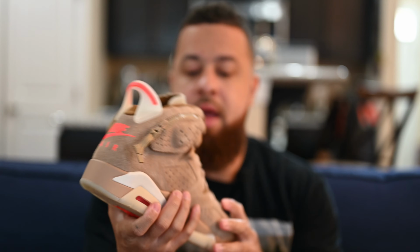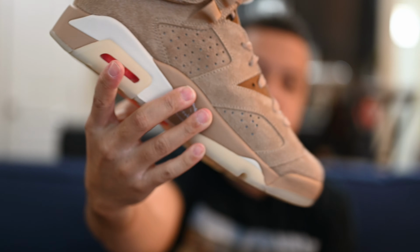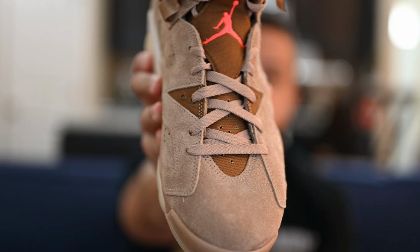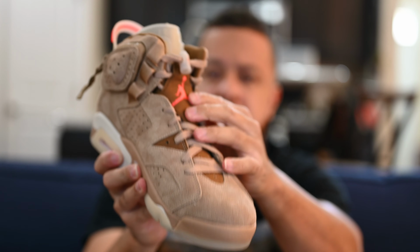Now, let's take a look or move around to the actual, man, if I can get this back up here. There we go. All right, now let's look at the toe box. More of that suede there, get you a nice look at that. And moving up from there, you've got a kind of darker brown tongue there with your British khaki laces. And you've got that typical Jordan 6 little, I call it like a little shroud or something over top here